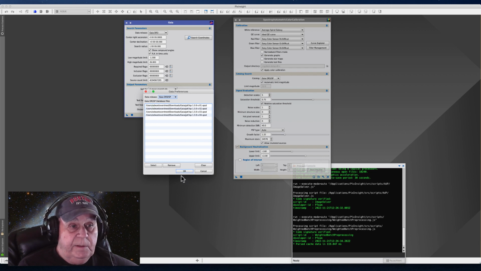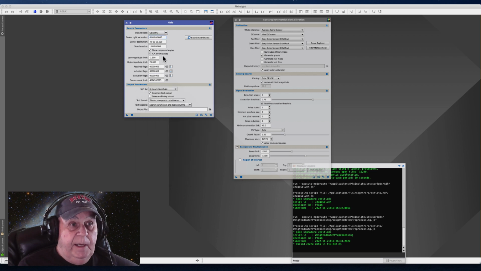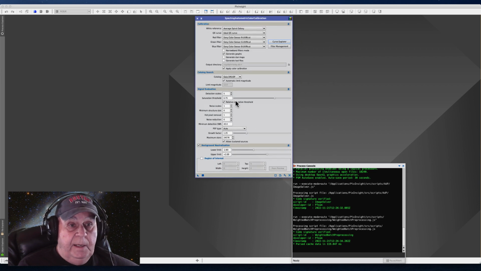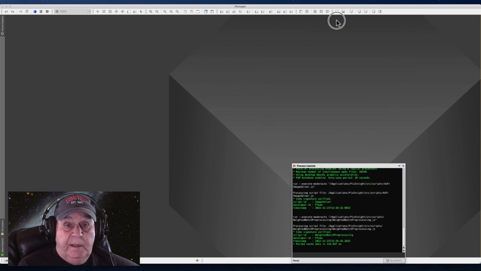Select the folder and the files, and load them up. And now you have the DR3 files accessed in your spectrophotometric calibration process. You can close that out, and you're pretty much done,